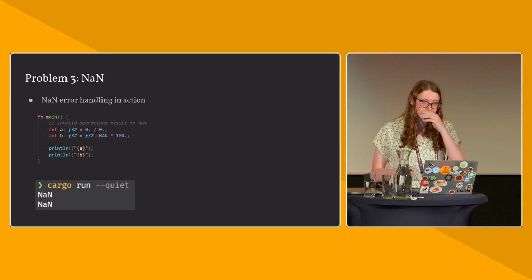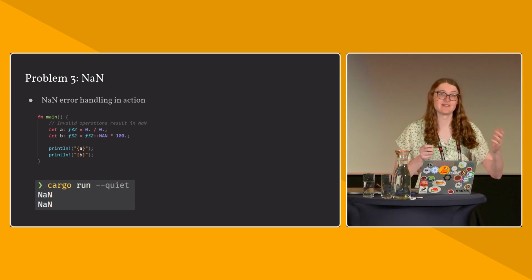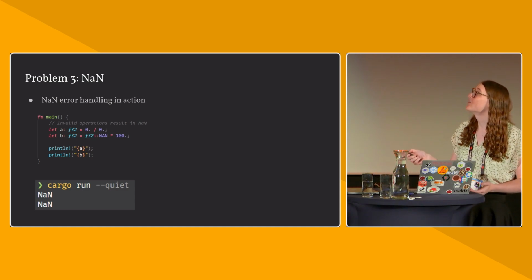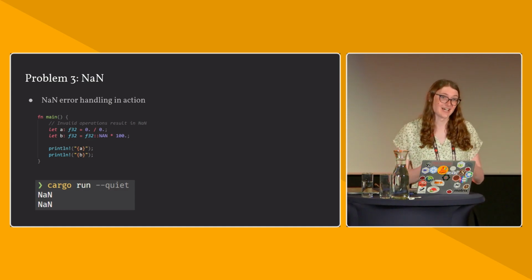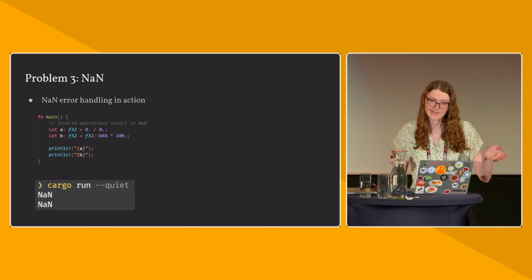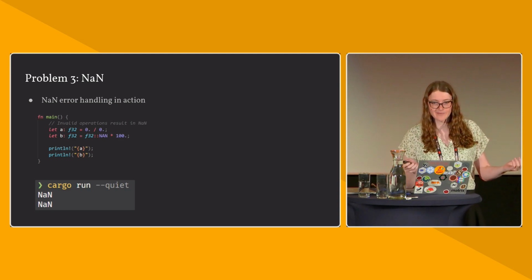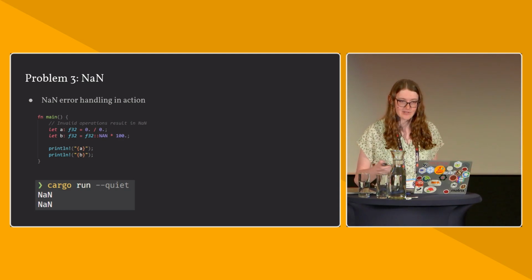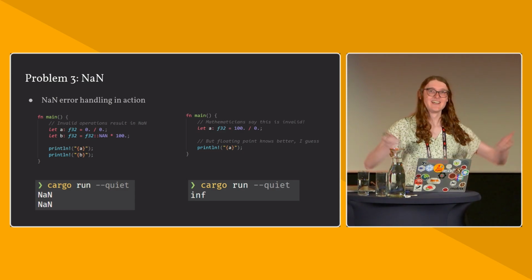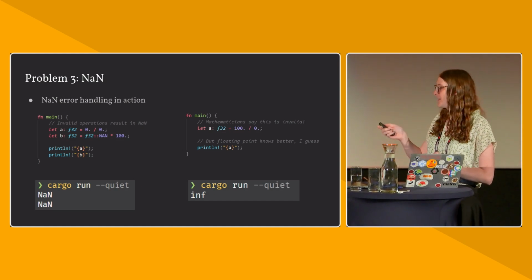So for example, here we can see some NAN error handling. We can take 0 divided by 0, which is a mathematically invalid operation. You can't divide 0 by 0, and so we get a NAN output as the first one. And then also basically any operation that involves NAN itself is also going to result in a NAN. So if you take NAN and you multiply it by 100, you also get NAN. Great. As another example, we could take 100 and divide it by 0. Division by 0 is mathematically invalid, and so that should result in a NAN, which as you can see, it does. Not just kidding. I guess floating point knows better than me. My bad. I can also explain this, but I'm not going to.